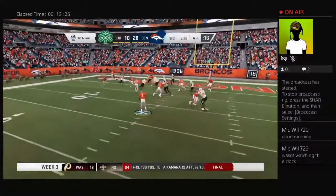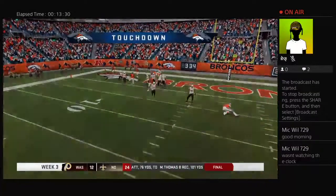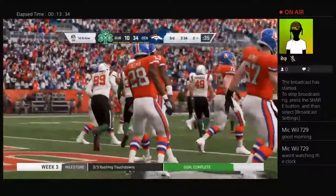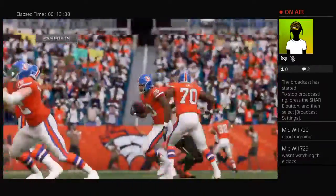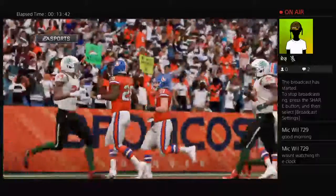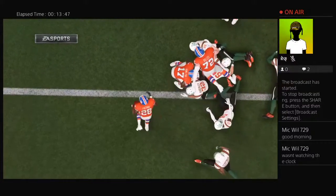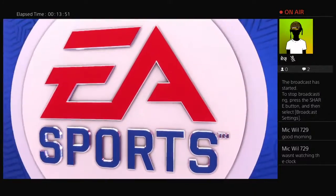They'll run here with Freeman. And he will fight his way into the end zone for a Bronco touchdown. Royce Freeman, his 2nd touchdown on the season. And the Broncos push further out in front. We got a little bit of everything on that run. Offensive line creating some space, but how about the guy running behind his pads into the end zone? What does that mean when a guy says running behind his pads? It means that he's...